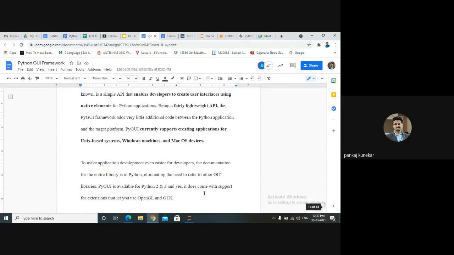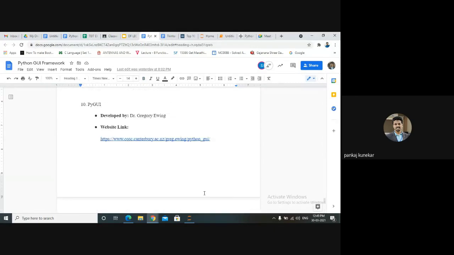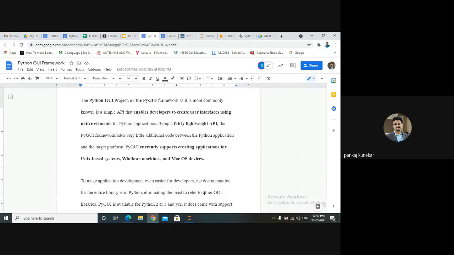We are not going to see all of these. We are focusing only on Tkinter. For documentation or study material, you can refer to it. The last one is PyGUI. So these are the 10 frameworks available in the market for GUI creation in Python. Based on their features, lightweight applications, or more components and controls, as per the requirement, we can go ahead with a different framework. But for study purposes, we are going to focus on Tkinter.